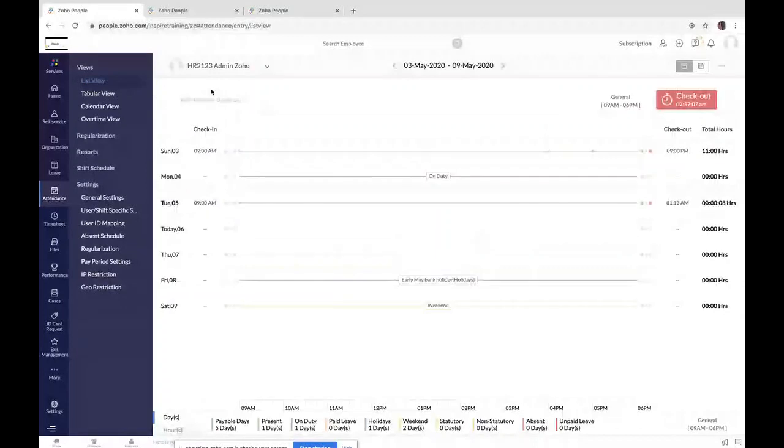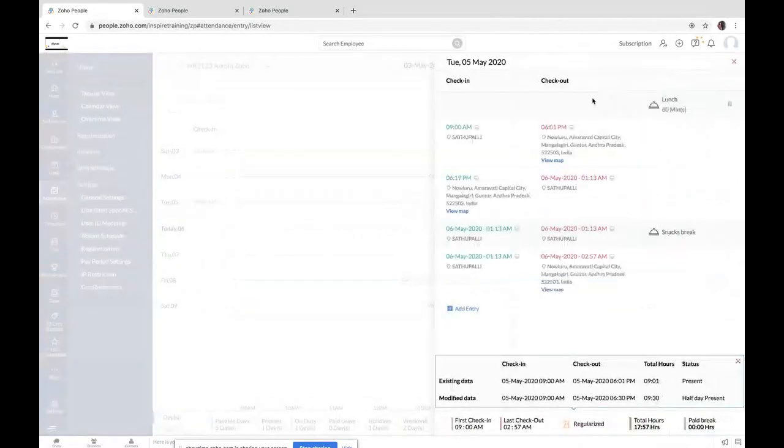So here you can provide a note for a check-in or a checkout, and you can view your current day shift in this particular place, and current week shift in this particular place. If it is going to be the same, we will be viewing it here. We can click on this check-in or checkout timer, so the same attendance will be captured here. So for this particular day, I have a check-in at 9 a.m. and a checkout at 6 p.m. In this way we can have a quick view of all the check-in and the checkout entries for a particular day.